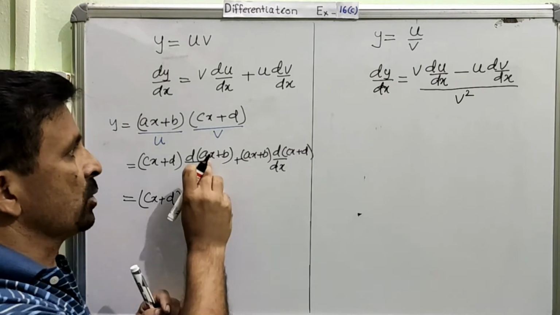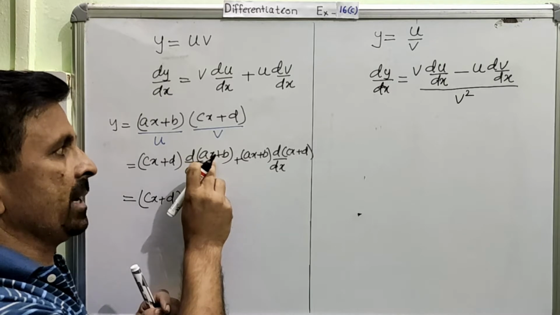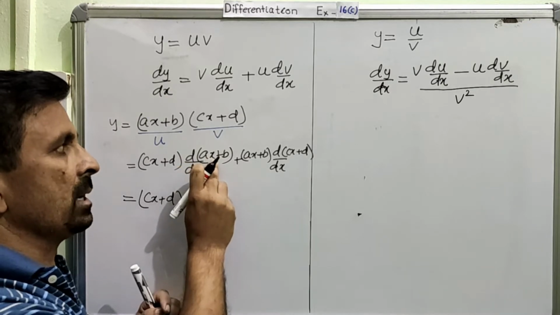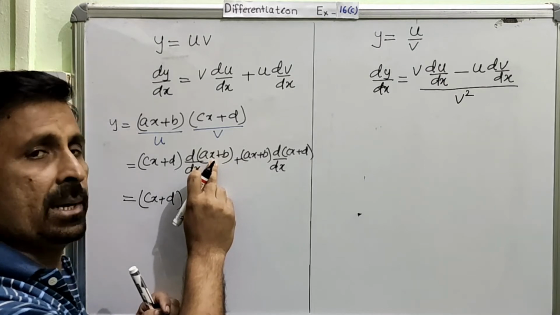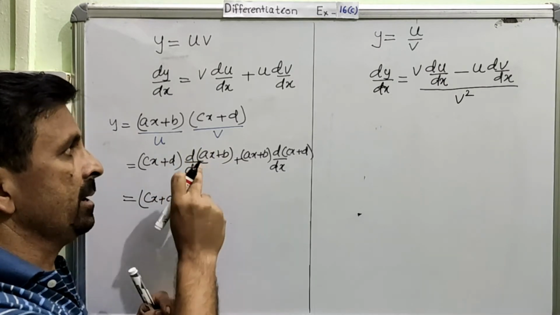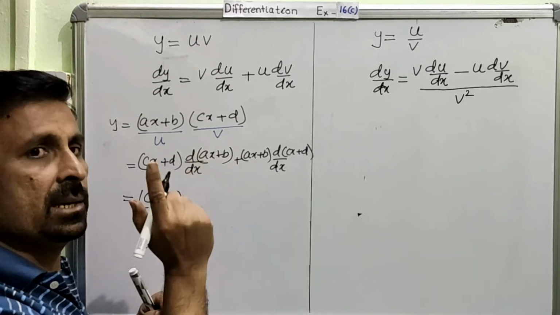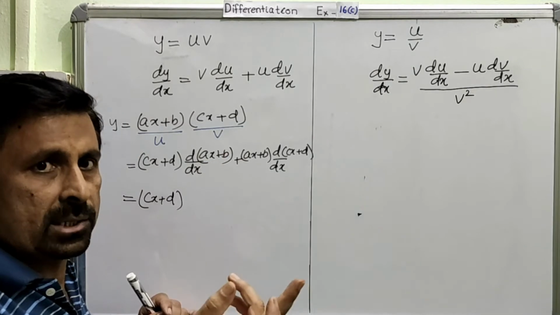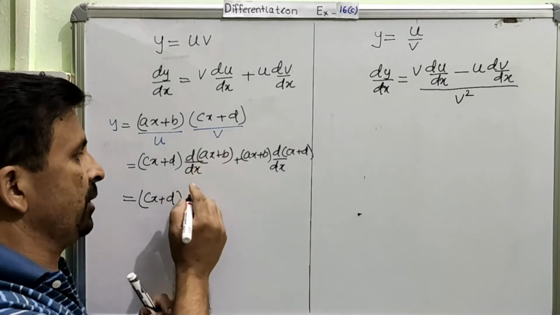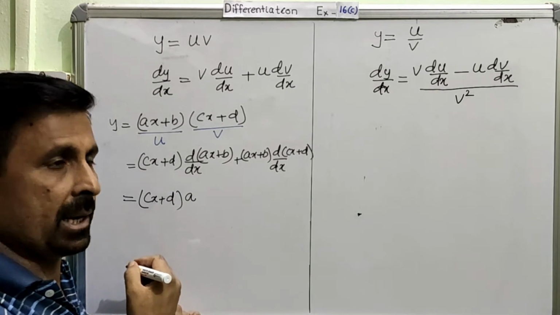Am I very clear? Now when you are differentiating ax, a constant is with a variable, so it will remain as it is. We only find the derivative of x, and in the previous video you have seen the derivative of x was 1. Clear? So the derivative of ax will be just a, whereas b is only a constant, and the derivative of a constant is always 0. Therefore from here we are getting only a. Am I clear or not?